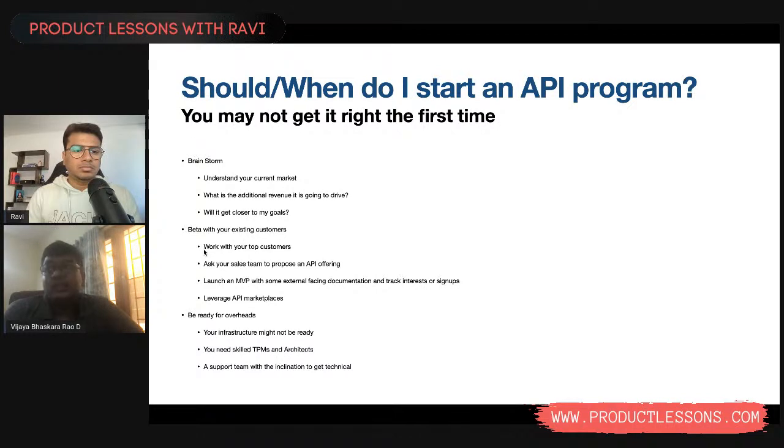I think if you have partner APIs and public APIs, you definitely need a team that manages that whole thing, right? But if you're looking at features that you're developing internally,